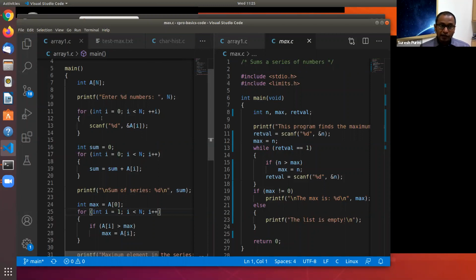But the approach that we have taken in max.c computes the maximum from a huge amount of data by using a constant amount of memory.